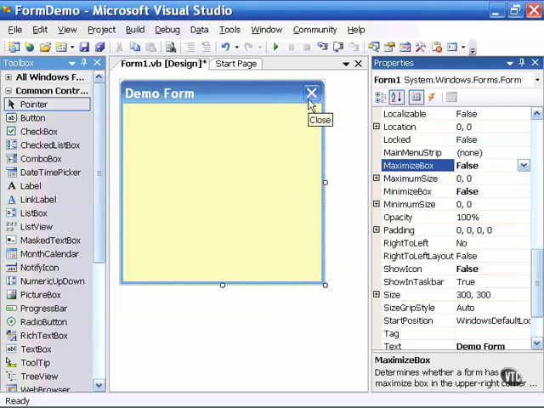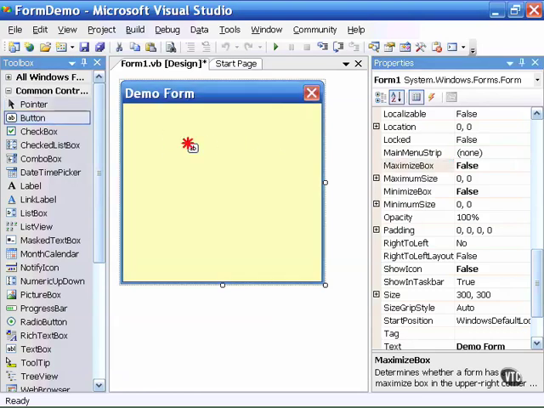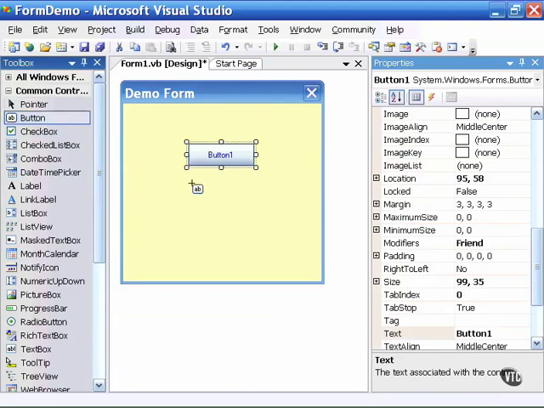Note that the close button, the X, remains on the form at all times. This is because you want to be able to give the user a way to close the form or to stop the application. But if you wish to remove the options of minimizing or maximizing the forms, that's available to you. Now, to demonstrate the last two properties, I will draw two buttons on the form,